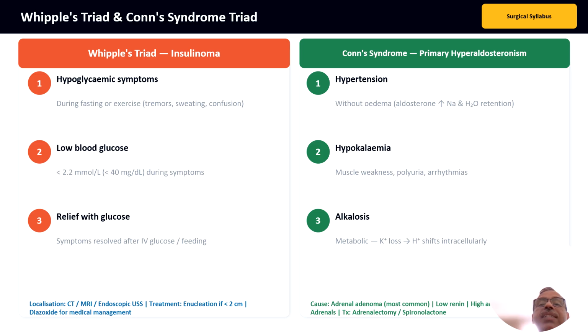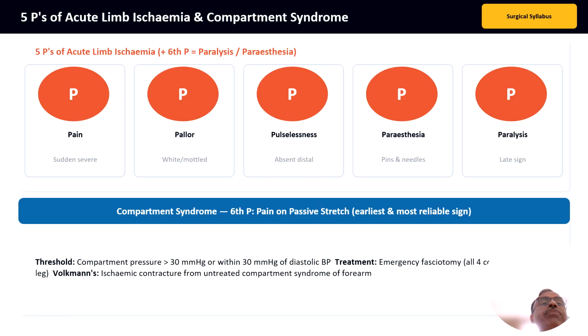And treatment generally is adrenalectomy and spironolactone, which the patient may require. So this is Conn syndrome of primary hyperaldosteronism. Now, the 5 P's of acute limb ischemia and compartment syndrome, another very classical,